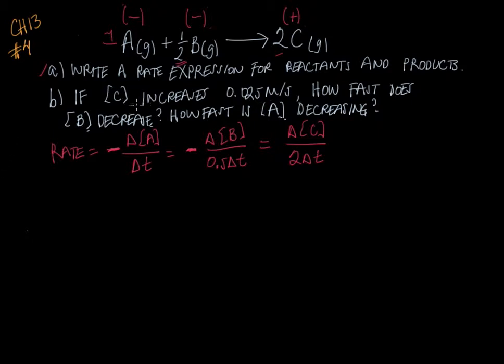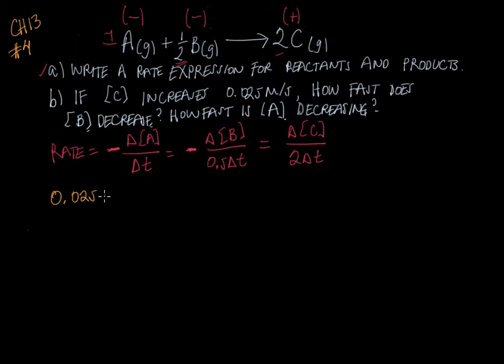Now this next part asks us to convert. We have a rate in terms of C of 0.025 molarity per second, and they ask us to compute the rate in terms of B, the rate in terms of A, basically how fast those increase or decrease. So what I recommend doing is converting from moles of C to moles of A or B, and then worry about the sign later. So we have